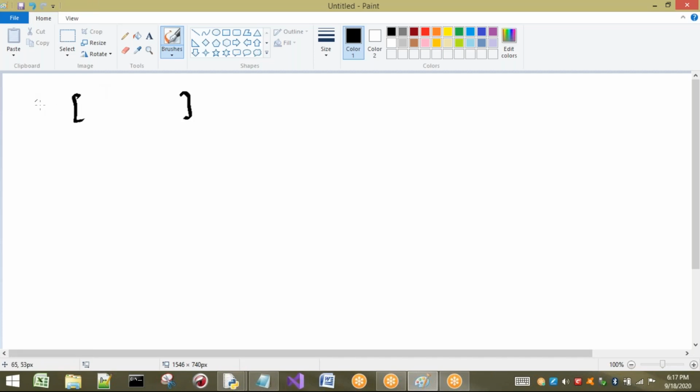Inside this, just listen, I will write begin. Next, some end value, and then the step value. Three parameters or arguments can be written inside this. One is begin, another is end, another is step, sorry, not separator, it is a step.